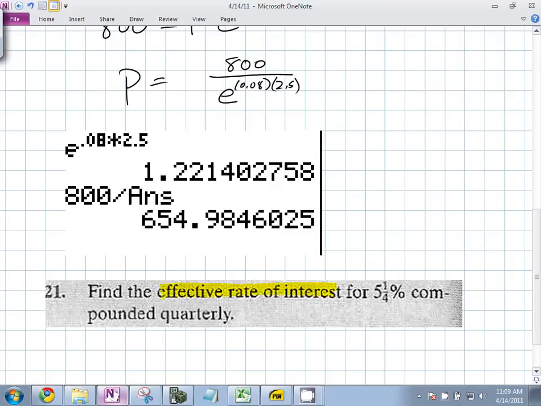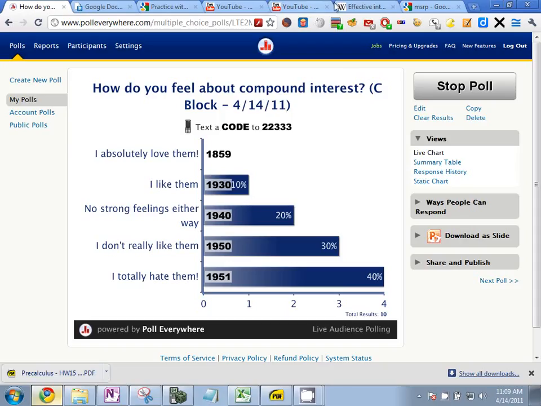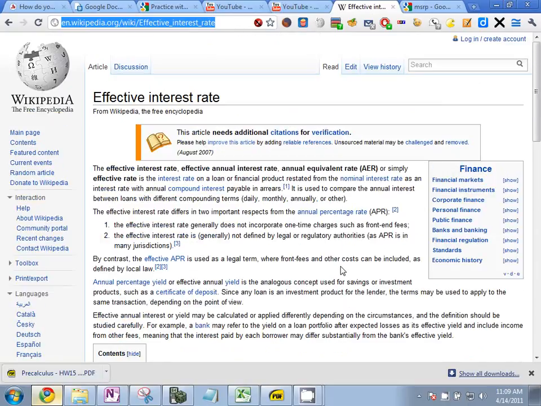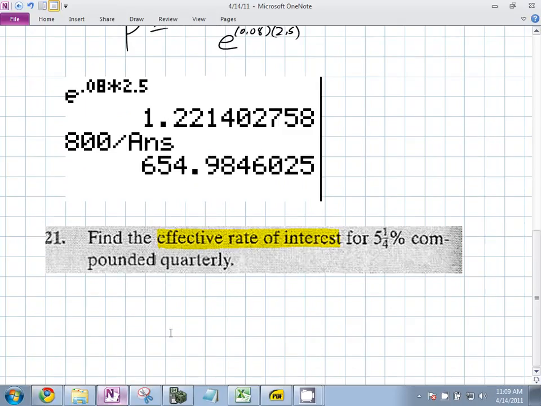How many of you were on the internet for at least 5 minutes last night? Okay. Ready, everybody? Effective interest. Look at all this information. Are there millions of entries? Not just Wikipedia, but all over the place? Look it up. Do it, please. When you run into a wall and it's a specific term like effective interest rate, can you find it pretty quickly? To summarize what effective interest rate is,